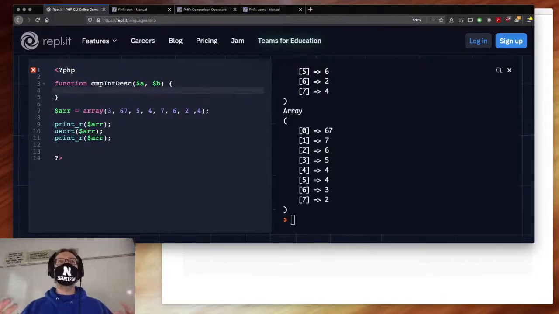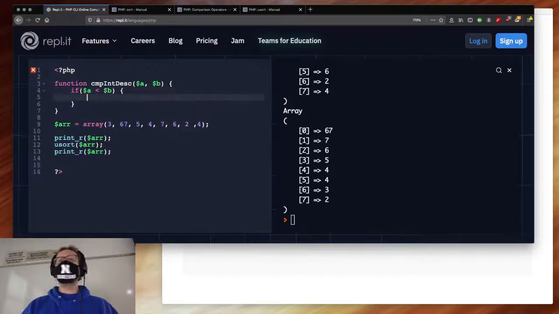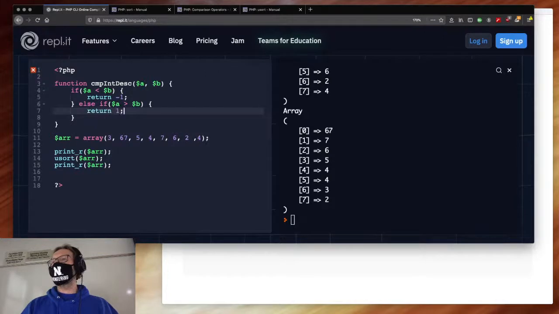Just remember, you're looking at these things and you're saying a comes first or b comes first. So I'm going to return something negative, something positive, or 0. And so all I have to do is check. If a is less than b, then I just need to return something negative. Else, if a is greater than b, then I'll return something positive. Otherwise, I'll return